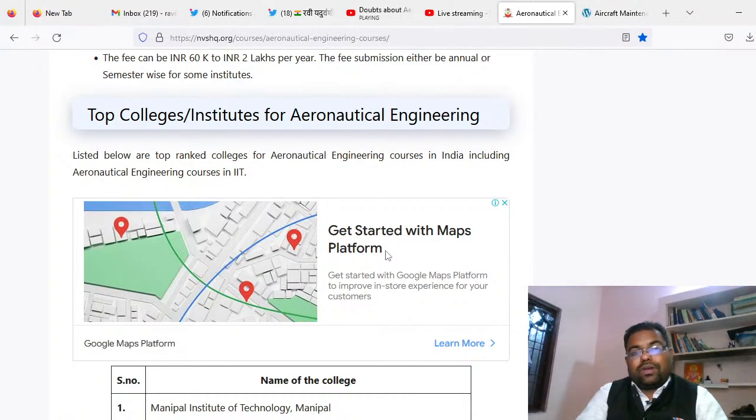If you are going for Andhra, then Gitam University is there. If you are going to Bangalore, then Jain Deemed University is there, a well-known university where, if you enroll yourself, you will end up with a very good job. And if you are going to North India, then Lovely Professional University is there, University of Petroleum and Energy Studies, Dehradun, and you can join MET Noida. These are some of the top universities where, if you join and do the course in aeronautical and aerospace, you will end up with a very good job.